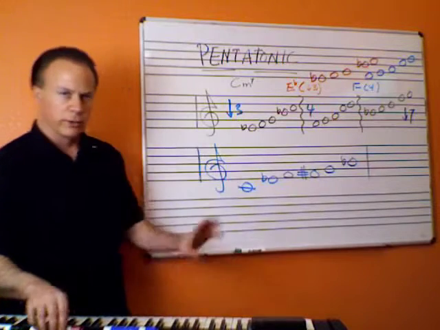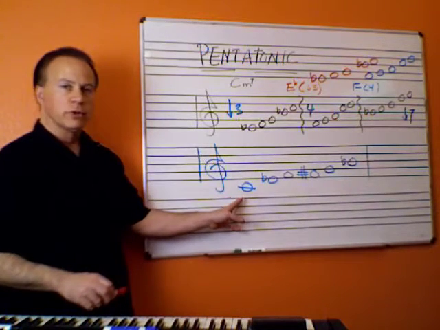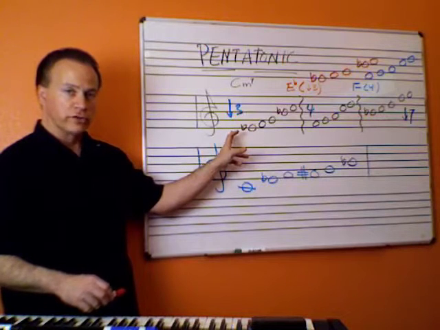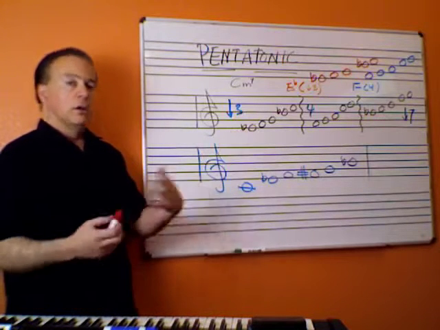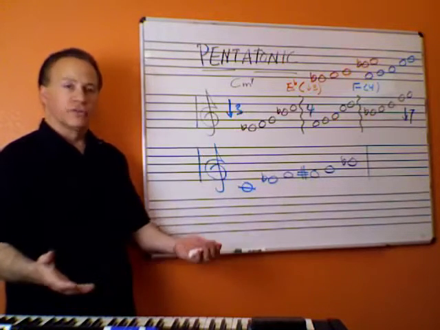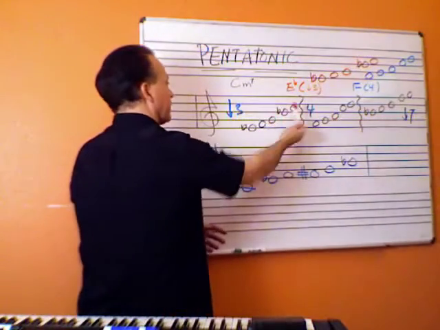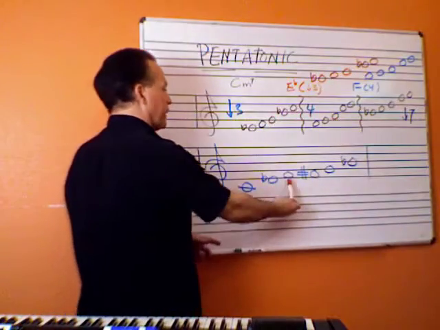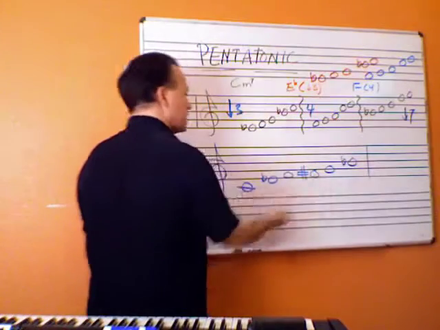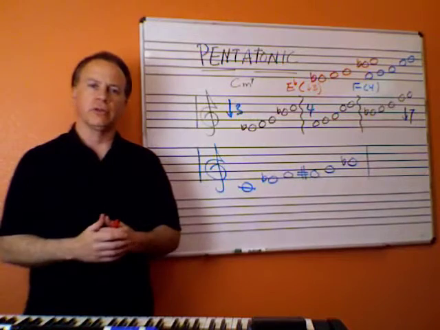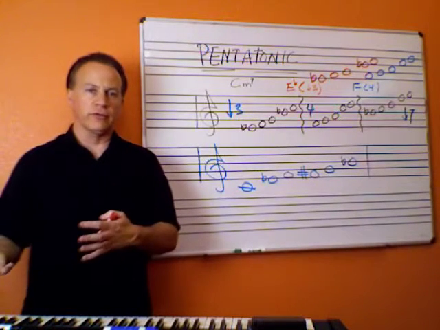Now, can you see any relationship between this C blues scale and, let's say, this E flat major pentatonic scale? Well, sure. They're almost all the same pitches. We have E flat, F, G, B flat, and C. And here we have E flat, F, G, B flat, and C with an extra tone, F sharp. So you can see that really the blues scale, you can think of it as originating somewhat from a pentatonic scale,